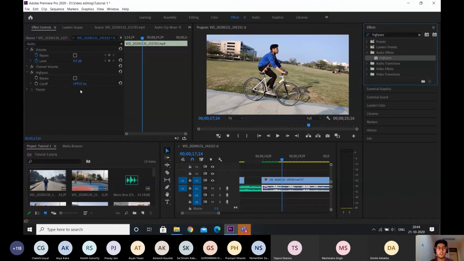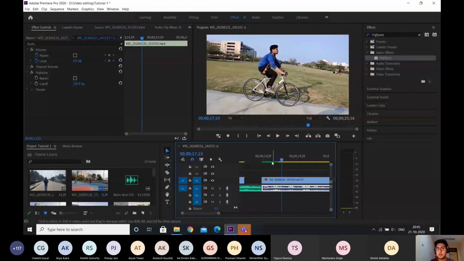Suppose why should we use high pass? So when we speak, there is a lot of bass in our voice. So if we're recording an audio that we want to sound perfect, there's a lot of bass and we need to remove some part of it. So in that case, we put a high pass filter, we click on it and bring it down to 100. Now some of the deepness in my voice has been removed, yet the whole audio remains the same.